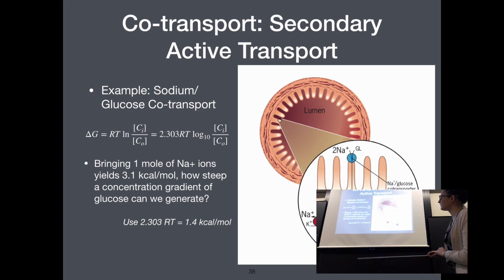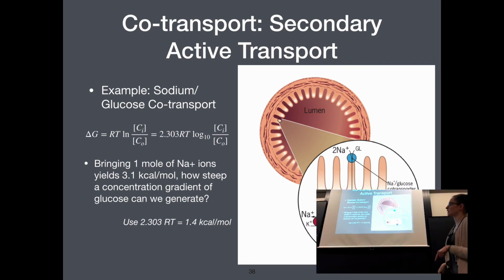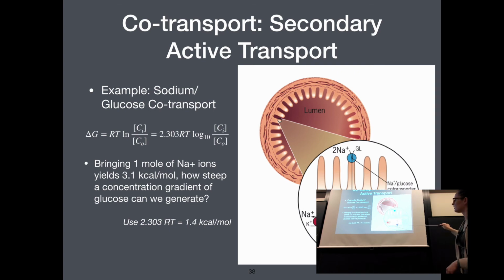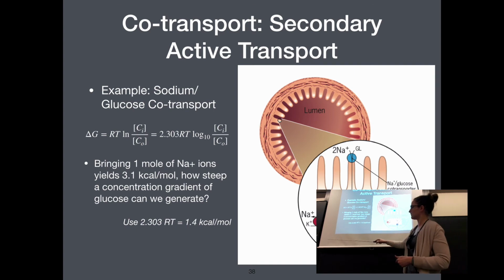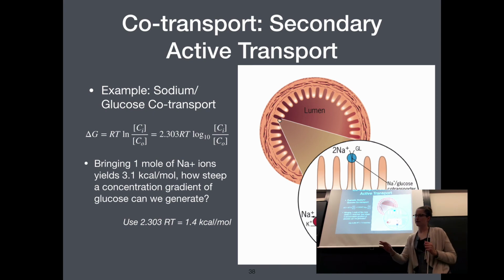And if you solve this and consider here that you're conducting 2 sodium for 1 glucose, using this value here, that 1 mole of glucose enables to store 3.1 kcals per mole, you can solve that you can create a gradient of glucose that is 23,000 times. So meaning you can store 23,000 more glucose into the cell than outside, just because of this minus 70 millivolts of sodium and the structure of this protein. I think it's fascinating, but